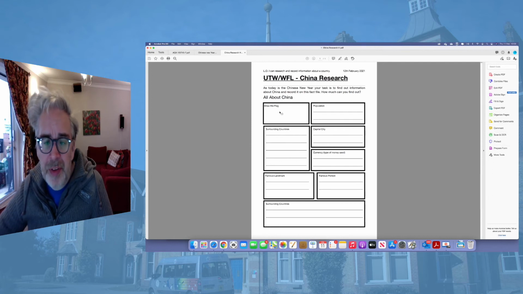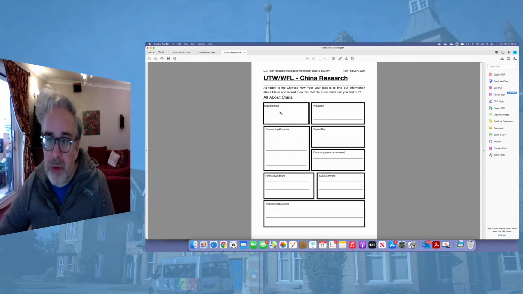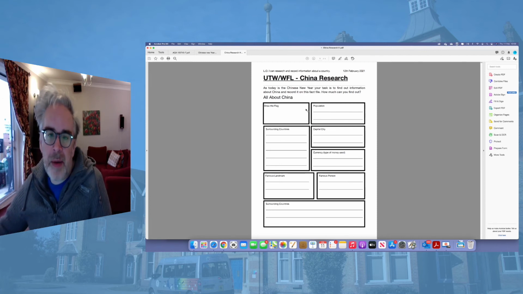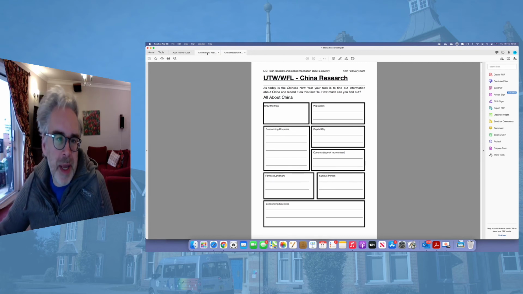What's the capital city? Currency, so what type of money do they use? Surrounding countries, so which countries are actually around China? So a famous landmark, a famous person, and we'd go from there. So it would be great if you can actually include and find out about all of that information there and put it into